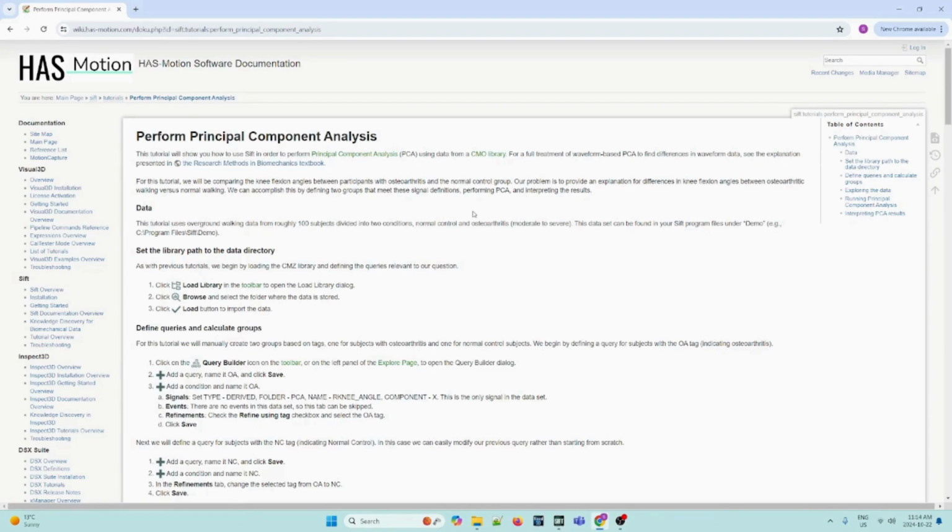For this tutorial, we will be comparing the knee flexion extension angles between participants with osteoarthritis and a normal control group. Our problem is to provide an explanation for differences in knee flexion extension angles between osteoarthritic walking versus normal walking. We can accomplish this by defining two groups that meet these definitions, performing a PCA on them, and interpreting